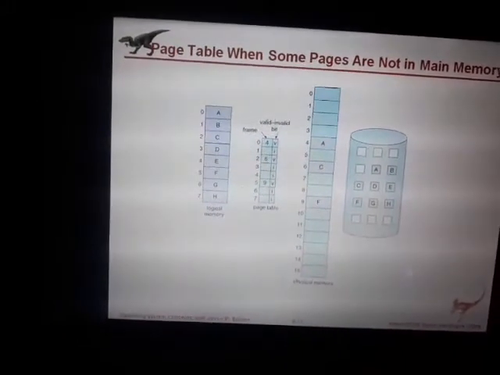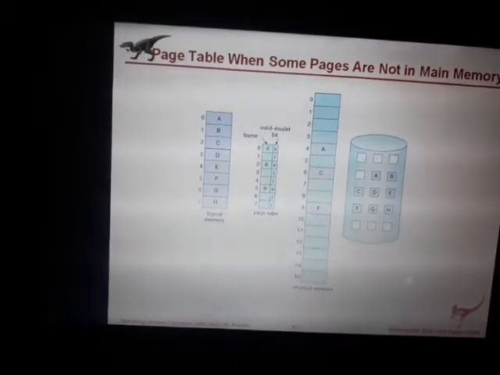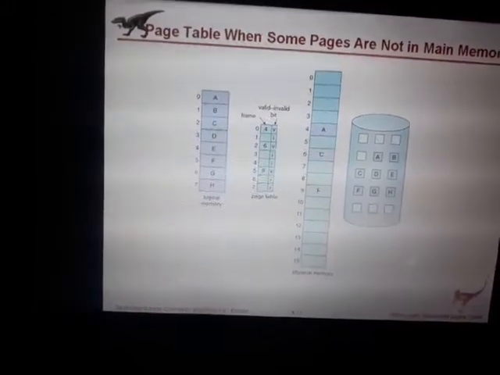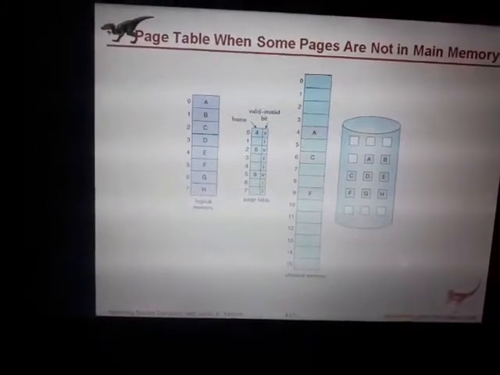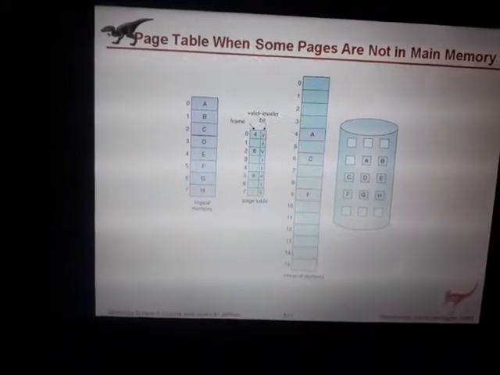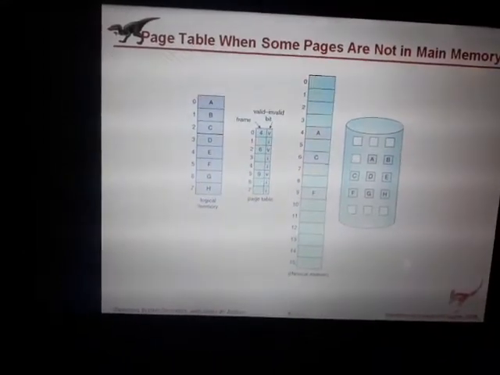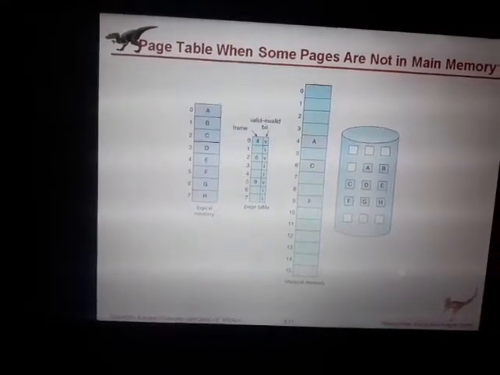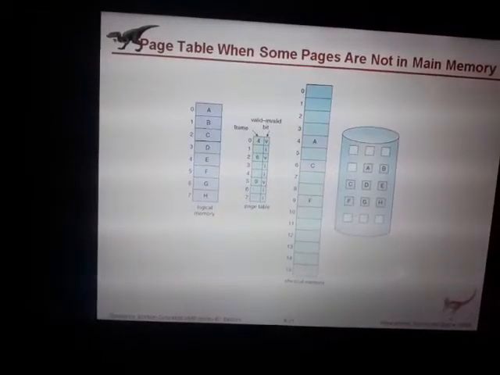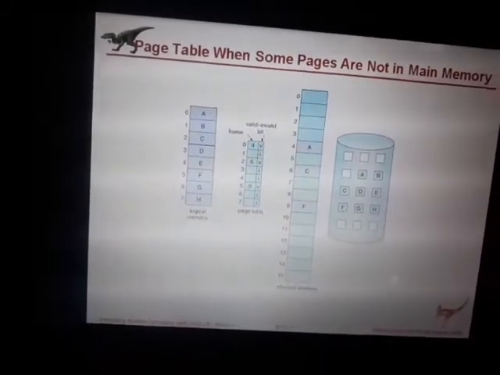Remember that physical memory is divided into frames, logical memory into pages. So page table is nothing but we are mapping the logical with the physical memory. To store that we have a page table here. So now here we have a page table with the valid and invalid bit. So 4, 6, 9, these are the frame values. So frame values will be stored in the page table, and the page table is once again divided into two sections, frames and valid invalid bit. So the 4th, 6th and 9th frame is occupied by the pages A, C and F.